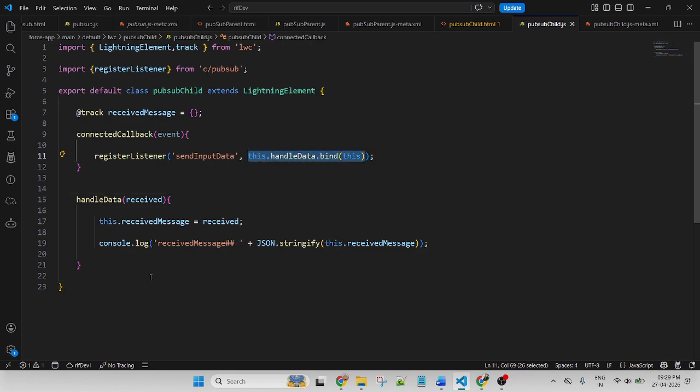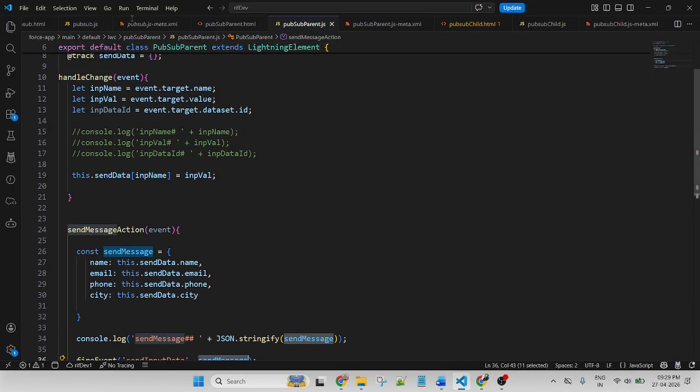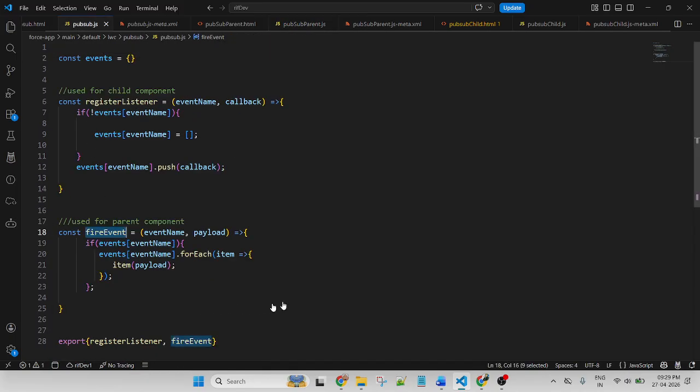This data is coming from here. So actually this data is received by handle data. I created a method, and this receives a parameter. So this received data stores the data that is received from the parent component. Here you can see this is a two type parameter. And in the child component, in the PubSub model, register also has two types of parameter, callback.